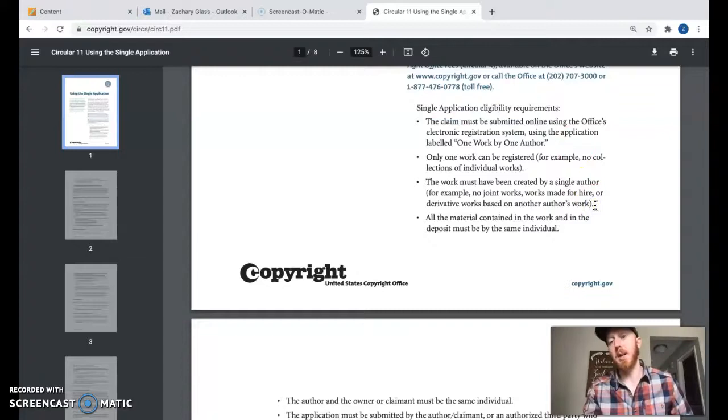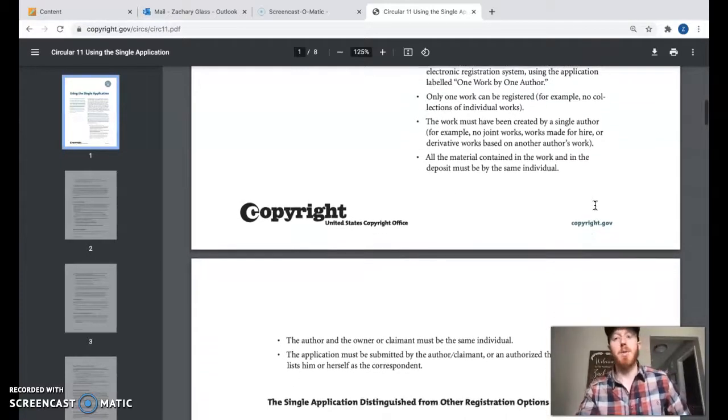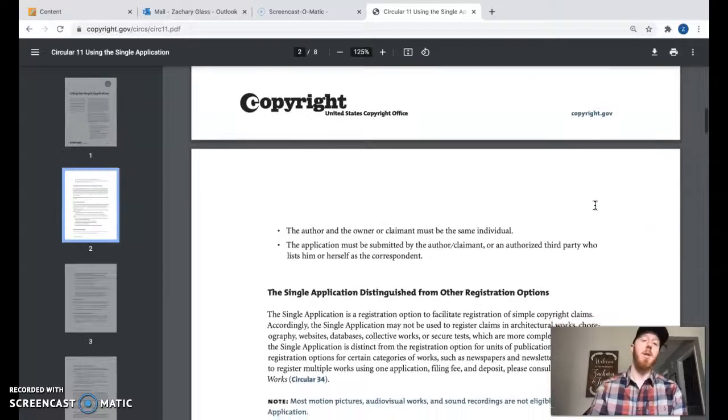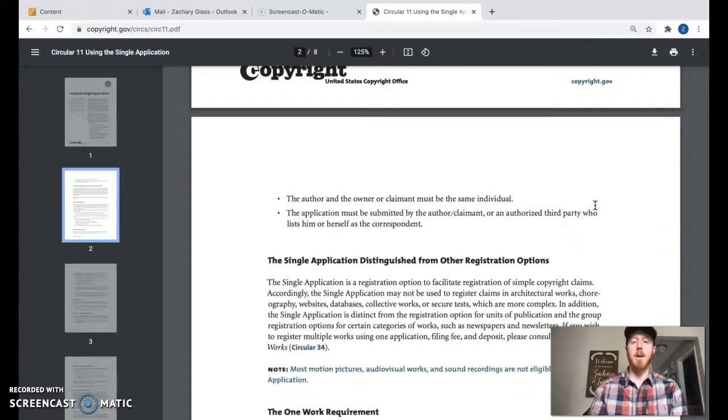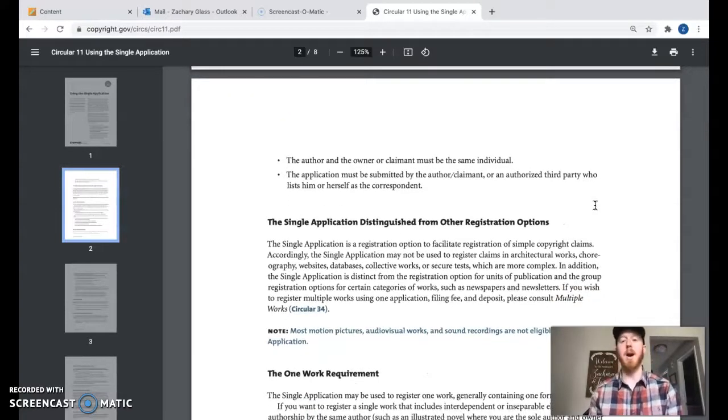The claim must be submitted online using the office's electronic registration system using the application labeled one work by one author. Only one work can be registered, for example, no collections of individual works. The work must have been created by a single author, for example, no joint works, works made for hire, or derivative works based on another author's work. All the material contained in the work and in the deposit must be by the same individual. The author and the owner or claimant must be the same individual. The application must be submitted by the author/claimant or an authorized third party who lists him or herself as the